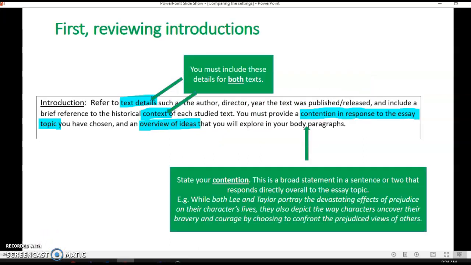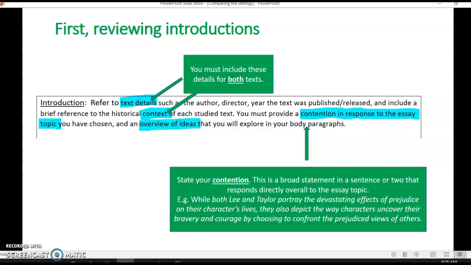Okay, so just a quick review of introductions. Your introduction should be brief. You're looking for no more than about 100 words in your introduction. So you refer to the text details and the historical context of each text. By that, I don't mean a paragraph, I mean maybe a sentence. So To Kill a Mockingbird took place in the 1930s when the Depression and racial segregation was evident or